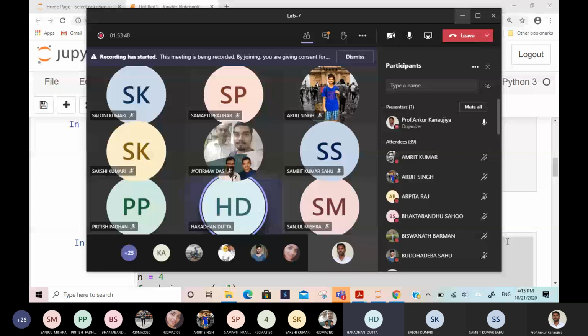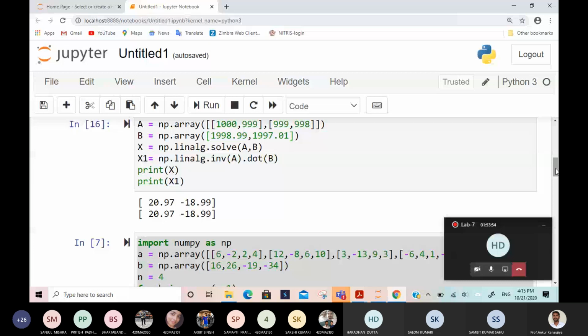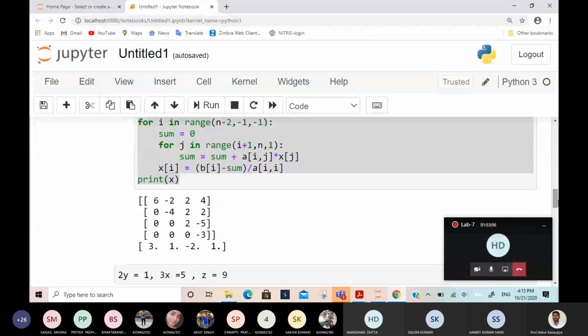Why is the error so much? Because suppose some entry is 0, but it is not actually 0. It is suppose 10 to the power minus 10. Suppose this entry is 6, and instead of 6 it is 1000, and this entry is 10 to the power minus 10. So technically that entry is not 0. It is 10 to the power minus 10 or 10 to the power minus 15, but suppose the computer is rounding that entry after 15 digits and taking it as 0, but actually it is not 0. So during the process some error will happen, and that error will cause this much error in this 20 point. That's why this answer is differing.